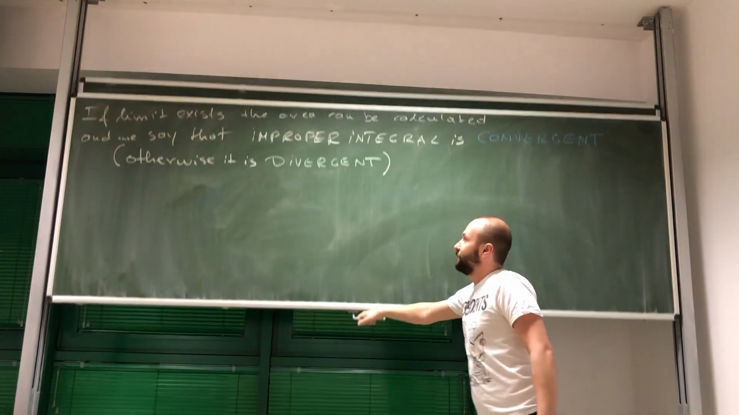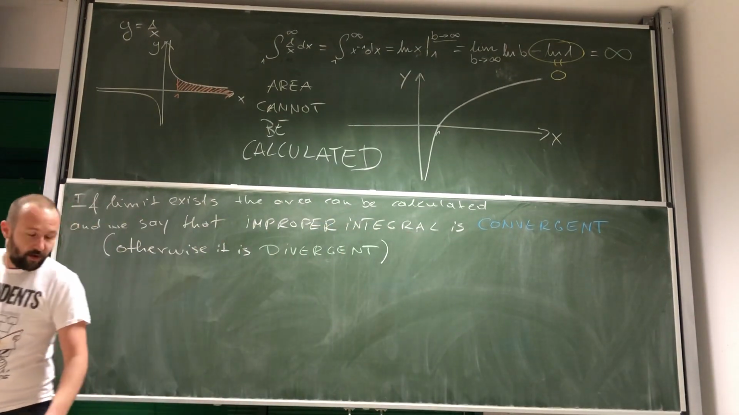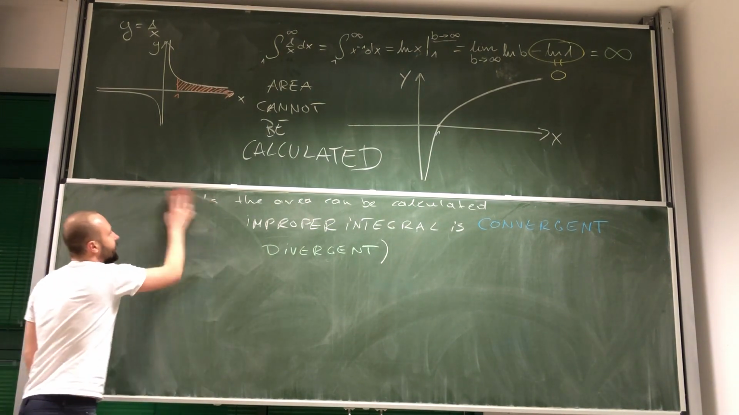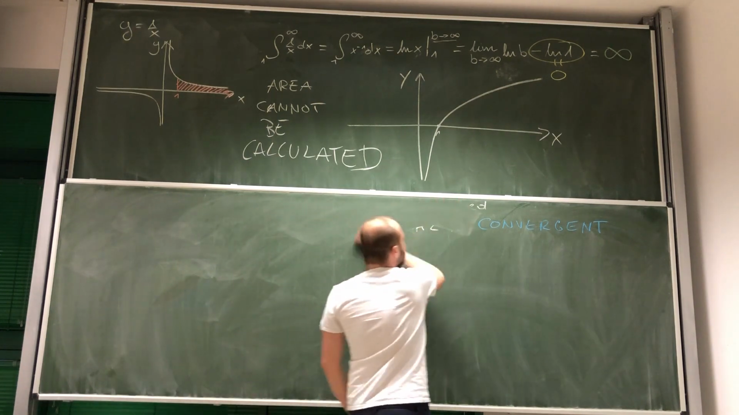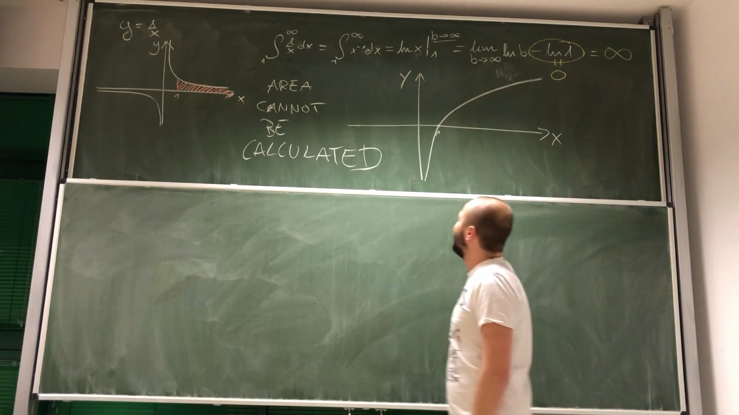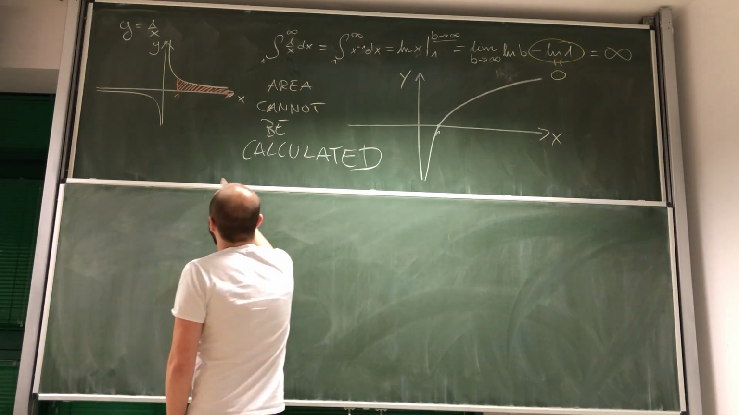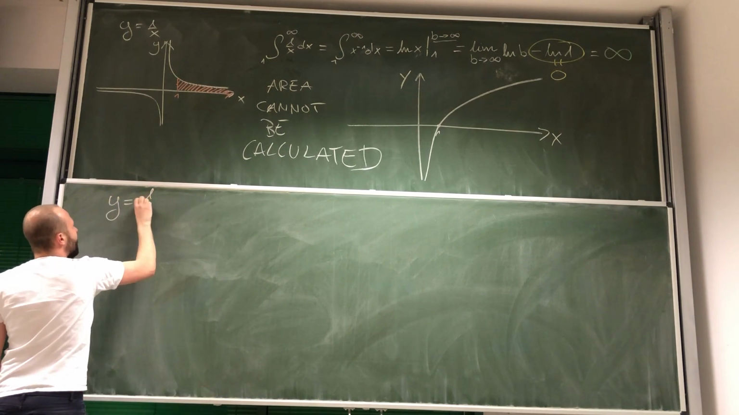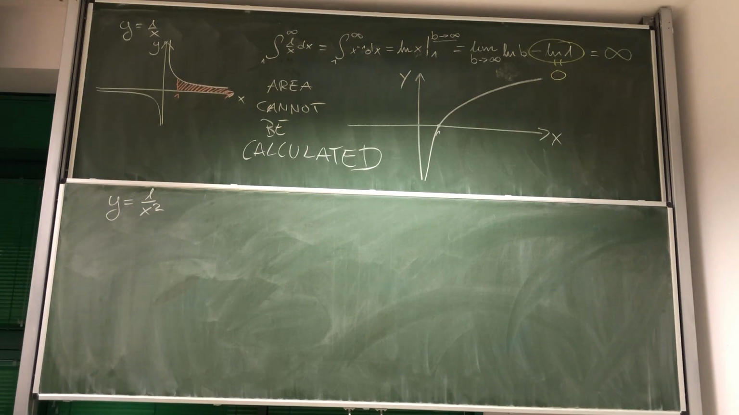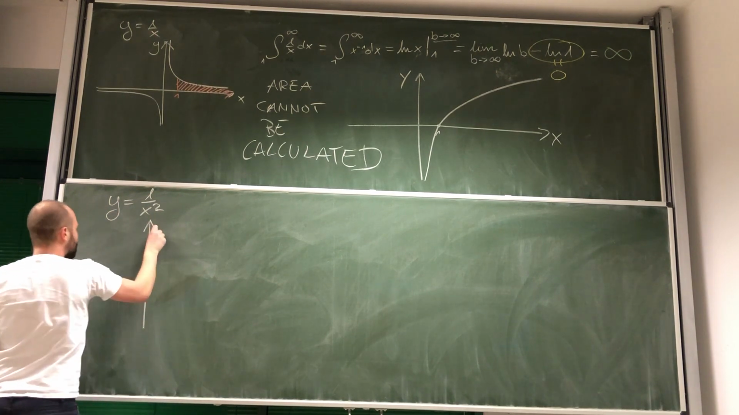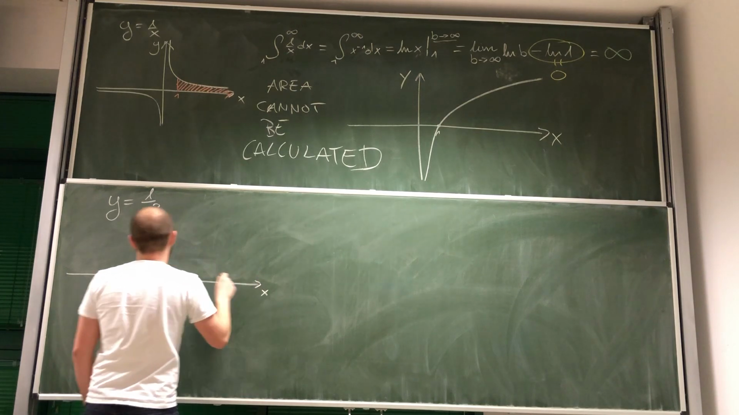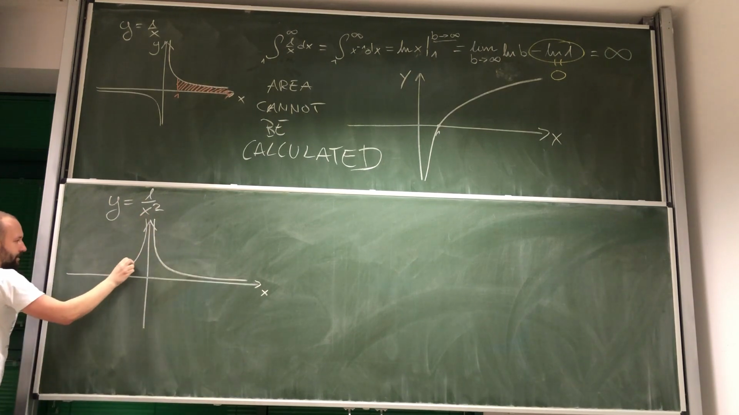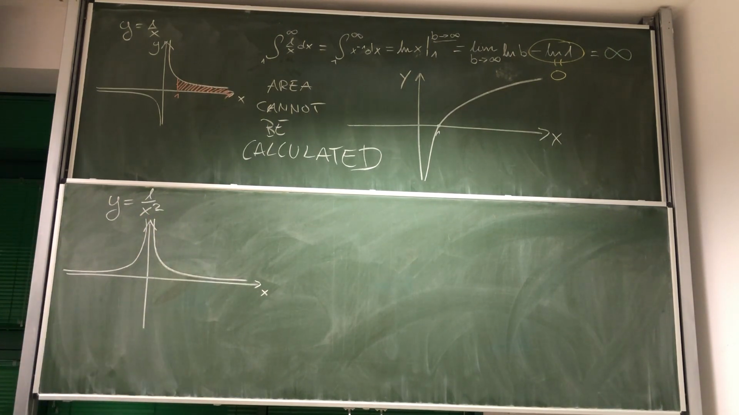Okay, so now let's change the situation a little bit, our function, and let's introduce, instead of y equals 1 over x, the function y equals 1 over x squared. Okay, so this function looks very similar to this one, but of course, first, both sides here are above,